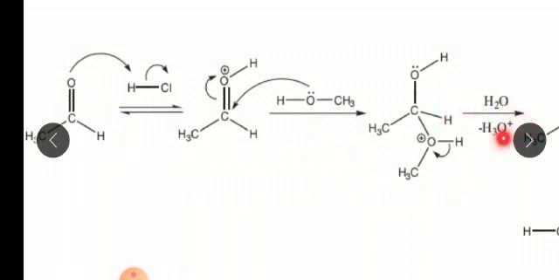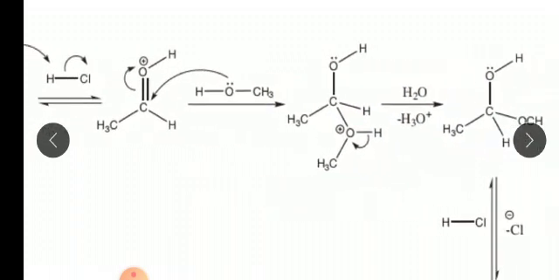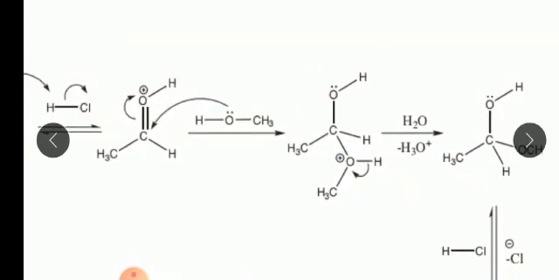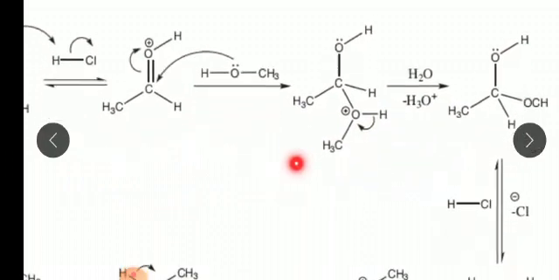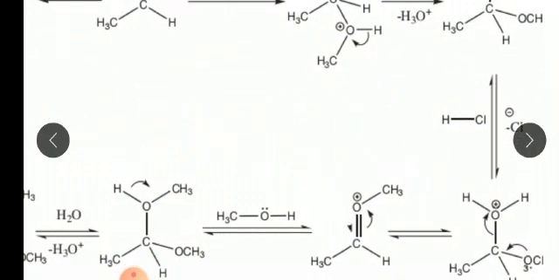So as H3O plus, the hydrogen is removed along with the water molecule. Now the product we get is O double bond H, OH, C, CH3, and H. This is the first one, but we have taken two equivalents of methanol. One methanol gives the product like that, and one more methanol is going to be added to the same product.